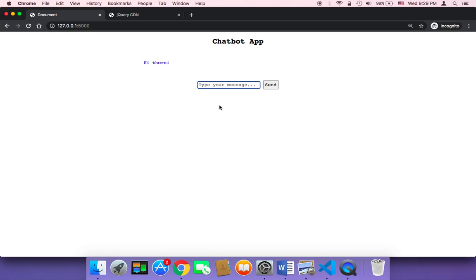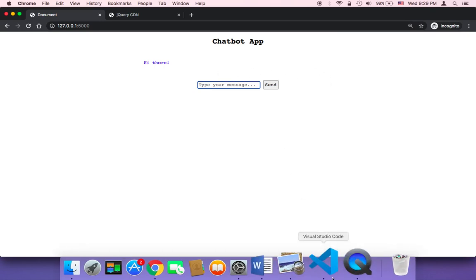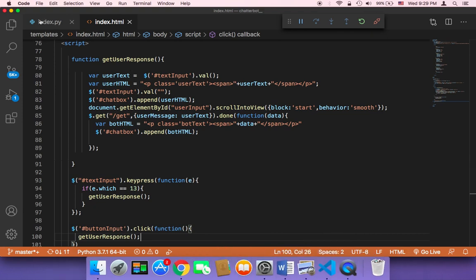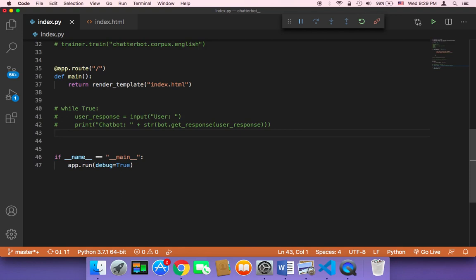So now it's time to work on the route that will let us receive the text that the user is going to type, and also will let us respond and display the response here. So I'm going to head on over to our application, and in the index.py, I need here to create a